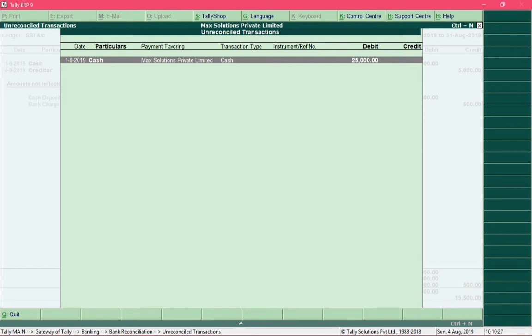press the enter key. And if you want me to give an example, assume that on the same date I received rupees 25,000 from a buyer through net banking, and I recorded that entry in Tally. Then that entry would be displayed over here, and I need to make a judgment as to what entry matches with the selected bank entry.